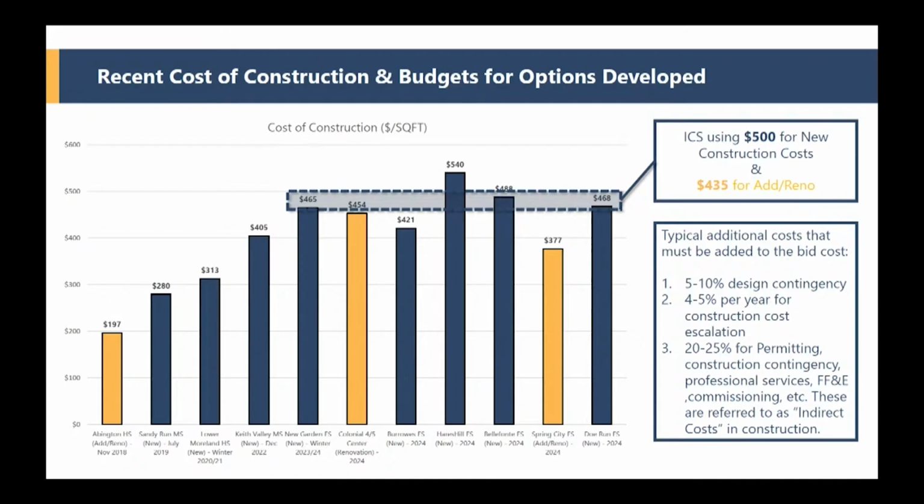Now that's just the building. Then you have to build it, so you need all these other indirect costs. And we're going to talk about those as we break this out a little bit further. But just keep in mind that we're using actual bid data from buildings in our region to drive this cost estimating.